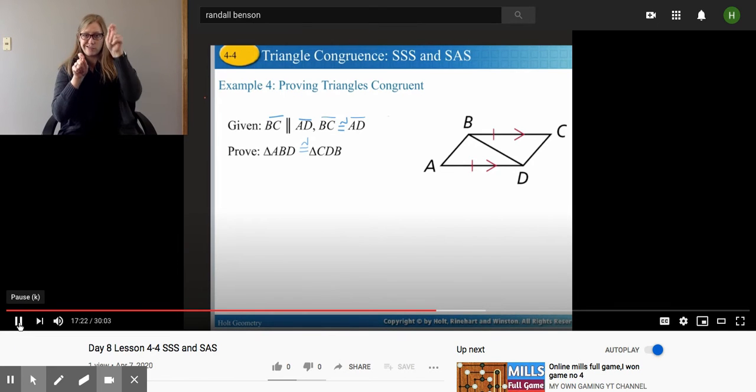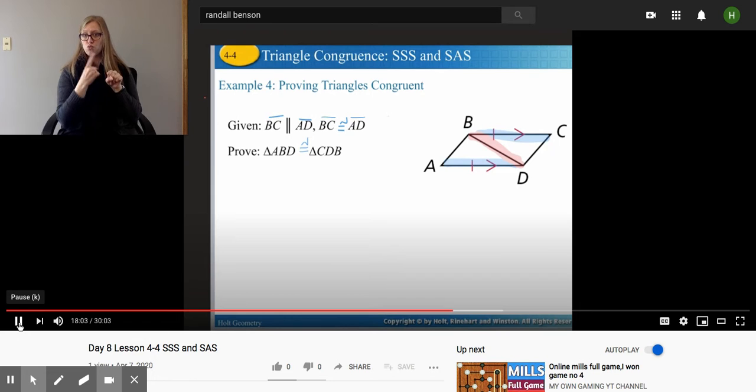So the first thing I want to think about is, I'm going to have to choose between side, side, side and side, angle, side. Do I have enough information to show that this is congruent by side, side, side? Well, this side clearly is congruent to that side, so that's one pair of sides. And then I know that this middle side is in both triangles, so I could use that as one side. So I have two pairs of sides that are congruent to each other, the blue and then the red, which is in both triangles,